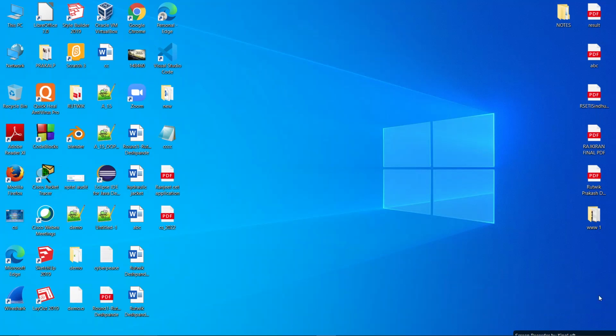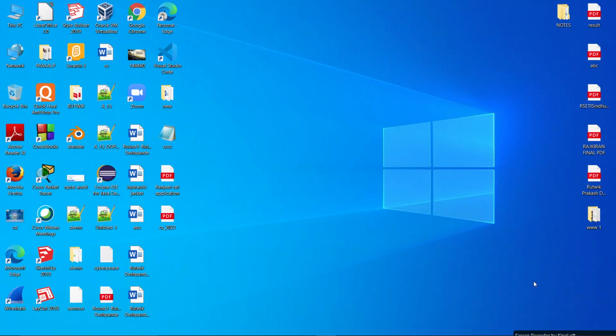Today we will see how we can download and install Ubuntu on our Windows 10 operating system. So let's get started. I am Ritvik and today we will learn how we can install Ubuntu on our Windows 10 OS using VirtualBox. For those who don't know what VirtualBox is, it is a tool which enables us to run different operating systems virtually on our host OS.